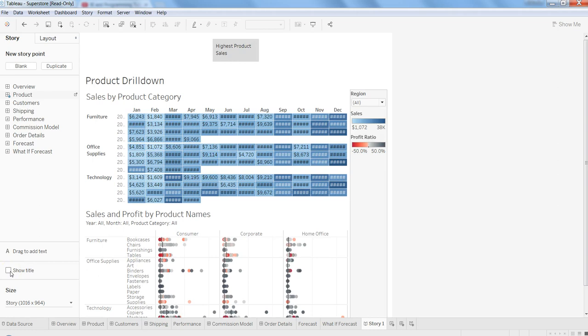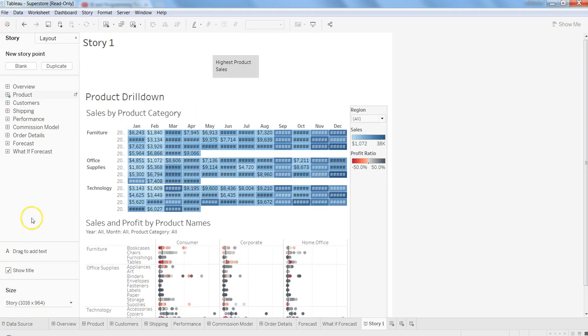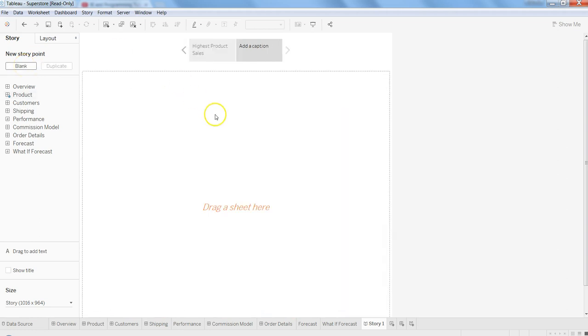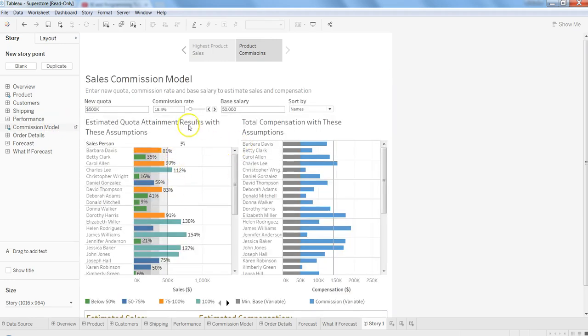Like here it is saying that you can show the title, or if you don't want to show a title, you can skip it, and then you can create a new story point which follows this point. After the product, what is the next story related to it? Product commissions, and maybe what you want is the commissions dashboard over here, and it shows, based on the different products that you are selling, what commissions are coming. So this is just a very